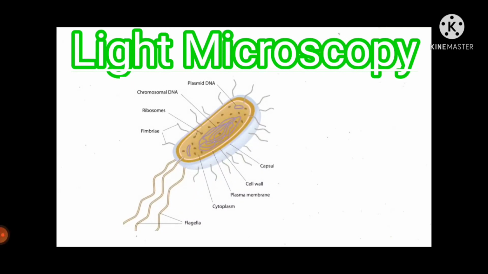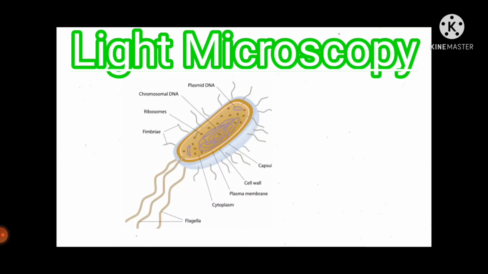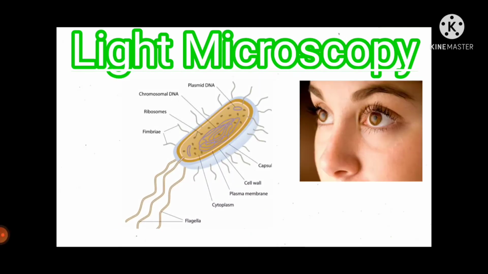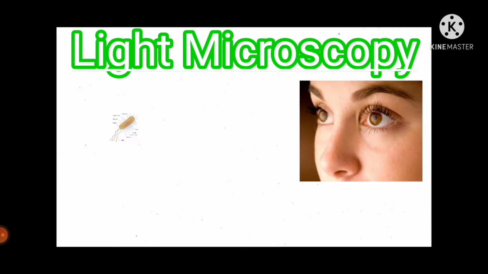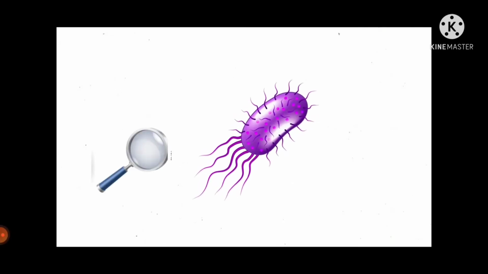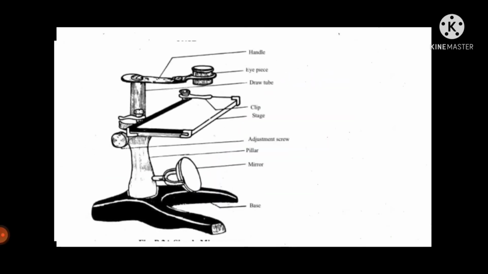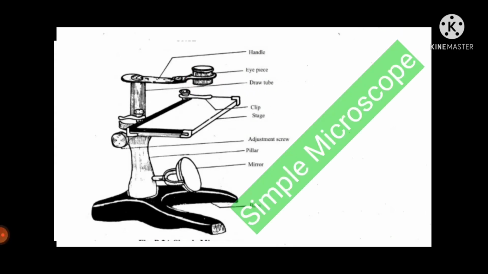Light microscopy, a study of the structure of organisms, is an essential requirement of biology. However, the unaided human eye cannot see objects smaller than 0.1 mm. Therefore, various devices were discovered to increase our ability to observe minute structures. The knowledge of these devices is responsible for understanding the structure and function of the cell. The earliest microscopes had only one lens between the object and the eye and were therefore called simple microscopes.